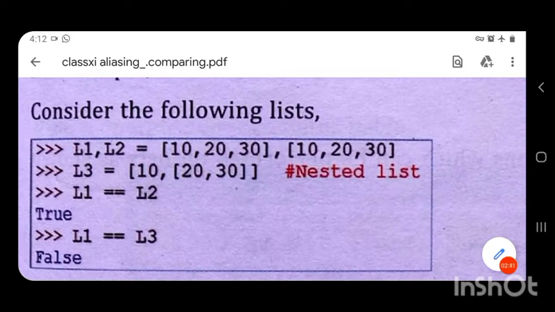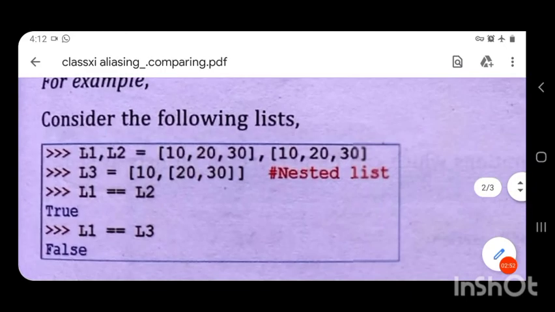So L3 is a nested list containing only two elements, 10 and another list 20, 30.